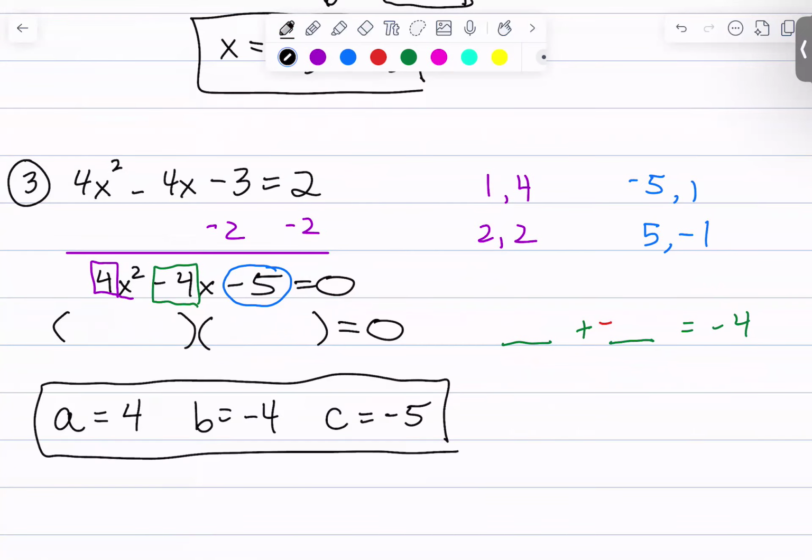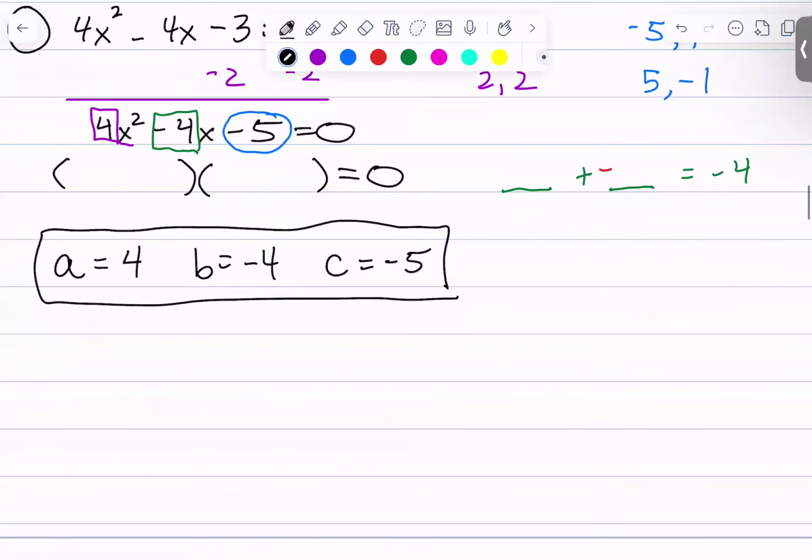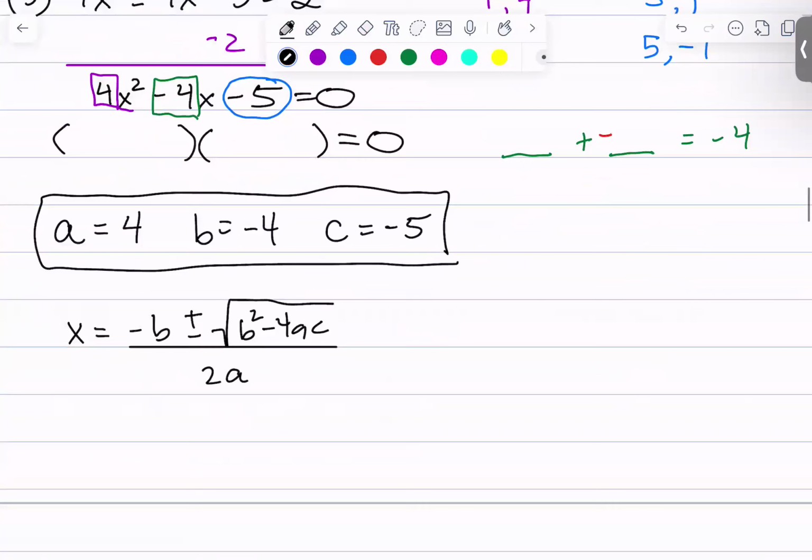So using these three as my a, b, c, I'm going to plug it into x equals negative b plus or minus the square root of b squared minus 4ac all over 2a. So this one would be negative 4 plus or minus the square root